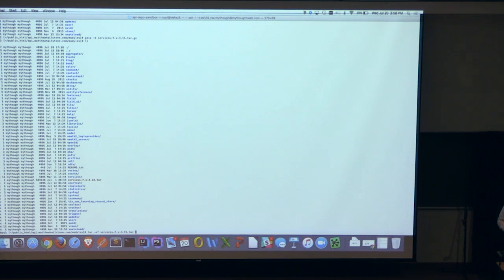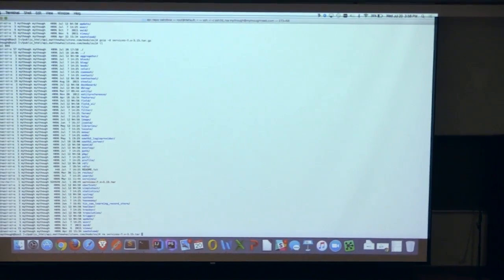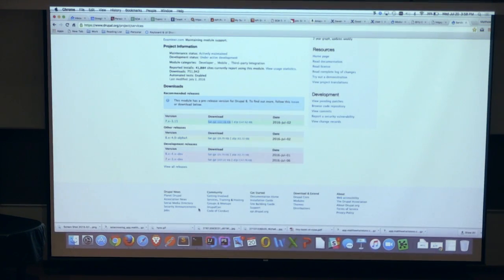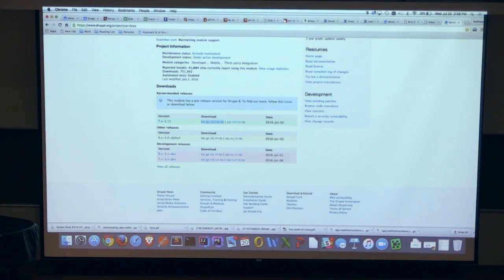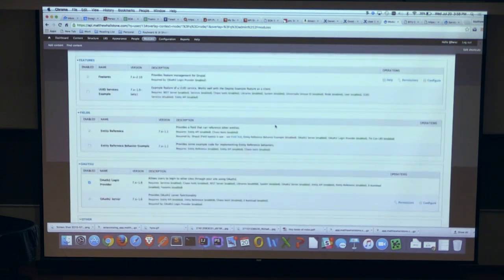If I did that, it's going to replace my services directory, and I don't want to do that. So that's how you get your tar file and install your module. Once you've installed your modules, then it's available to you in this modules interface.